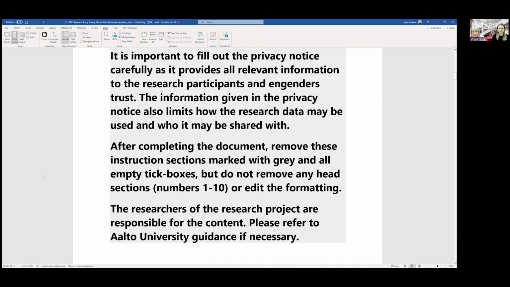This, for example, limits how the personal data can be used in the future and how it can be shared with other researchers and other universities. And the instructions in the gray areas of the Aalto University template are, of course, removed before sending this to the